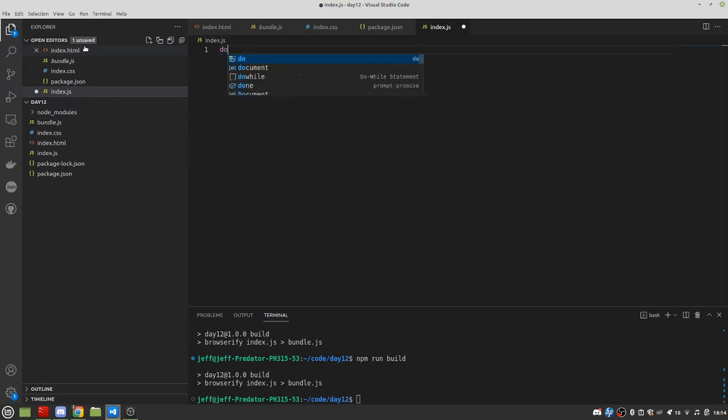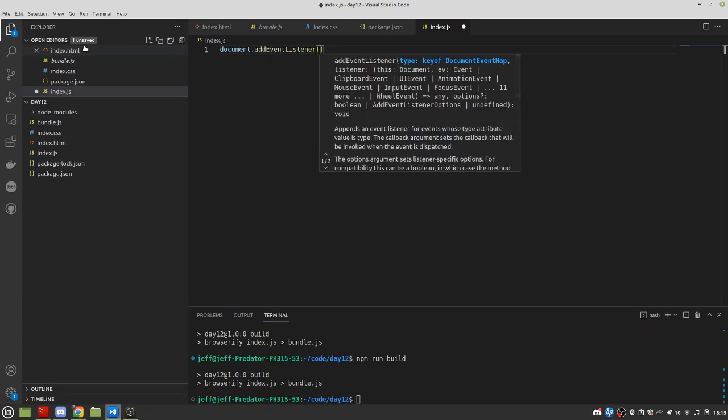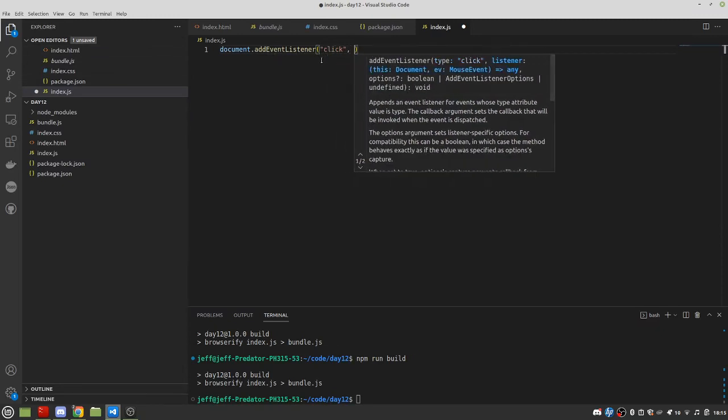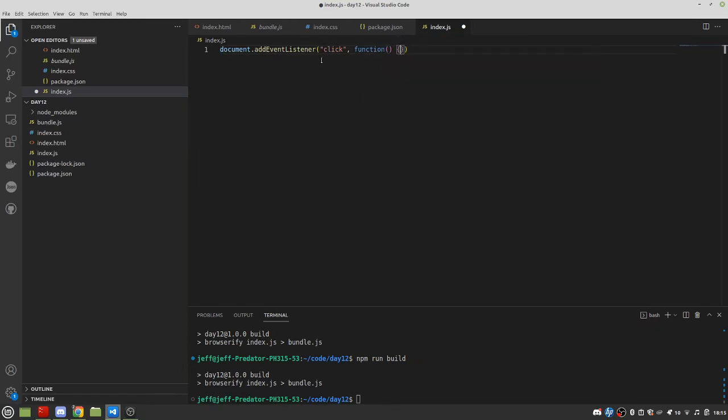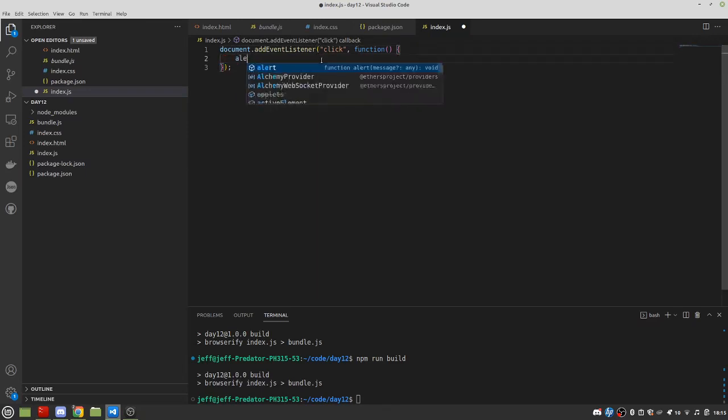So I can say the page itself is called a document. That's the whole website you're at. And it comes with a lot of handy methods you guys will use a lot, like add event listener. We can add an event listener to a page. It takes 2 arguments. One is what type of event we want to listen for, and I can say click. And the other one is what do you want to happen when something clicks? So I can pass in a function, just like we have been, these asynchronous callbacks, right? Whenever a user clicks the document anywhere on the page, I want to do something. We can just say alert, click the page,